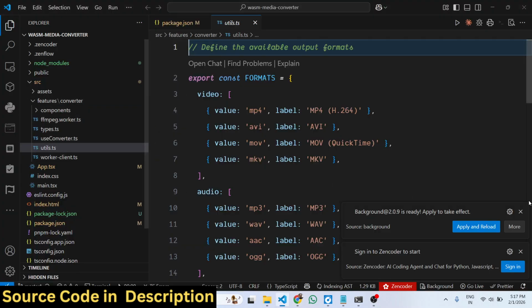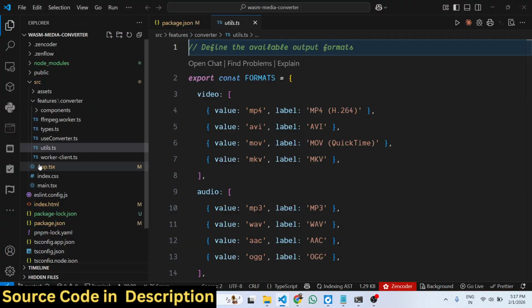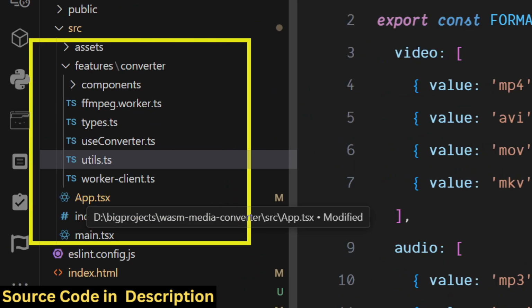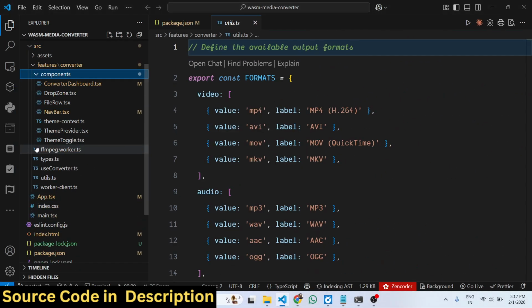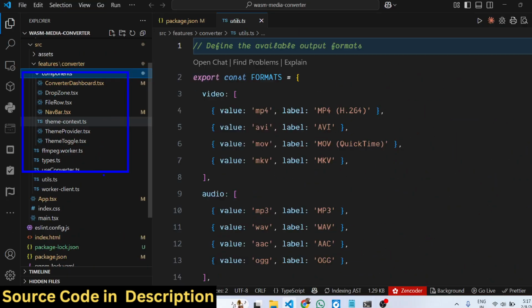So this is the full directory structure of this React project. Each and every component is coded directly in TypeScript, so it's easy for you to customize this and add additional